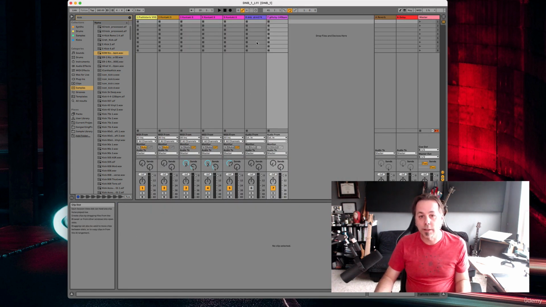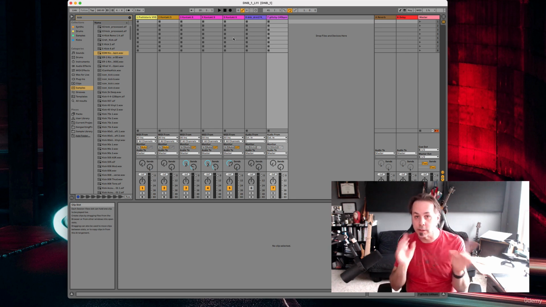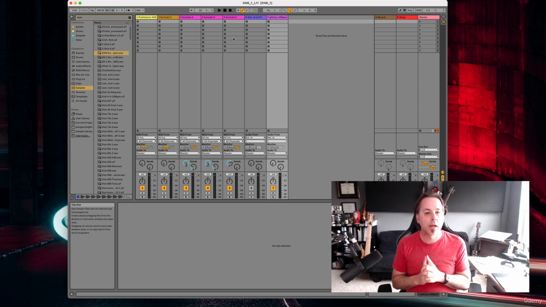we're not going to see the content that we have from our arrangement view, right? It doesn't automatically come over. Now, there are some easy ways to bounce things between the two, and we'll talk about those in just a second. But for the most part, you can work with session view